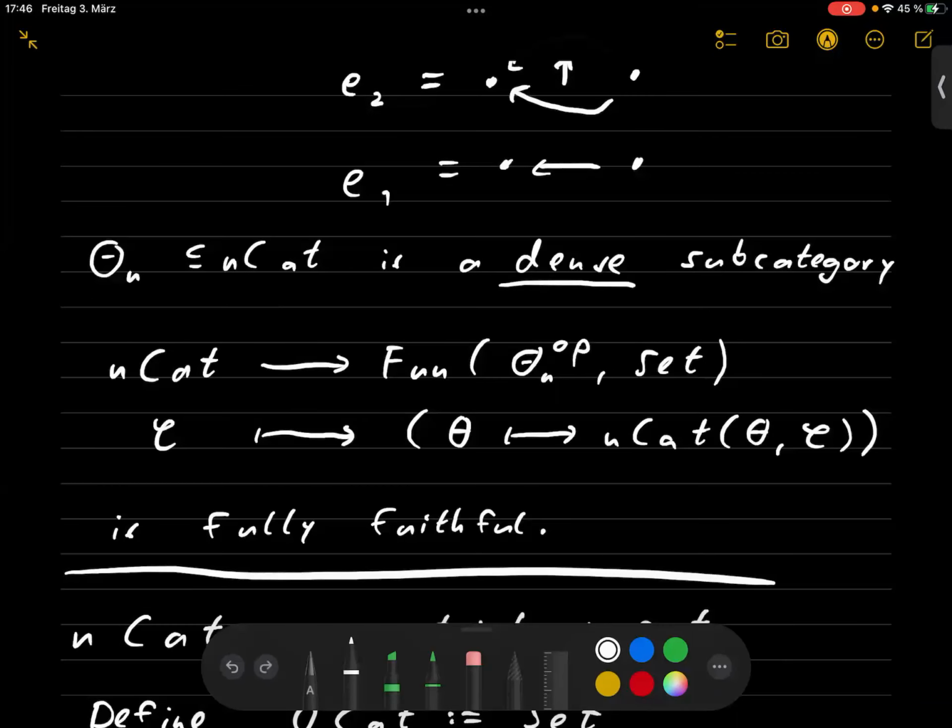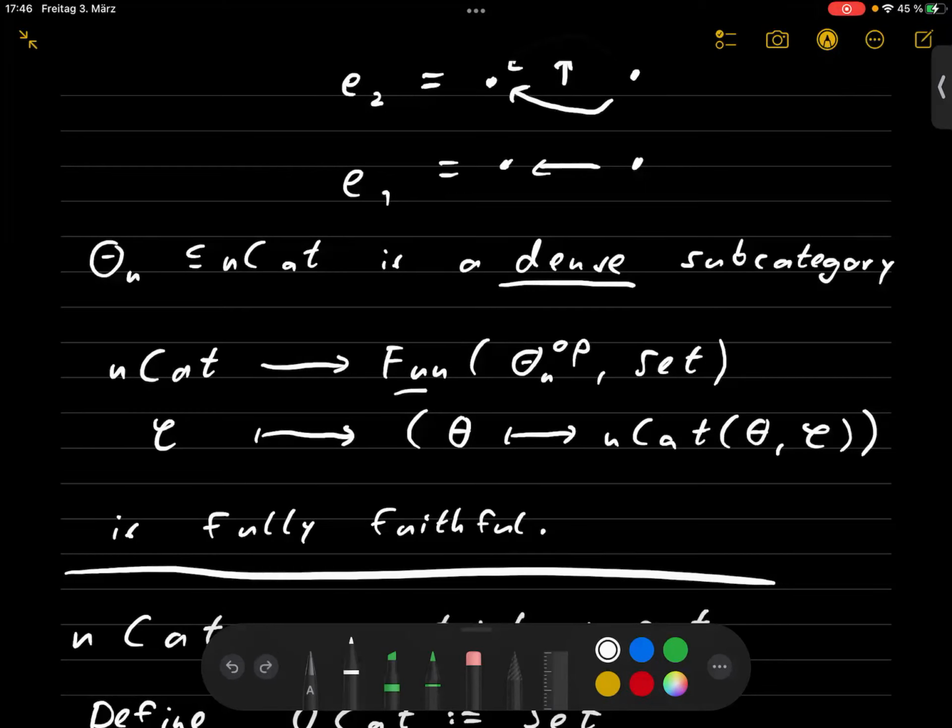So this specific type of categories, a subcategory of n-categories, is a dense subcategory, and actually this is not totally what is best if we want to consider also these weak compositions, because one possible approach now is just